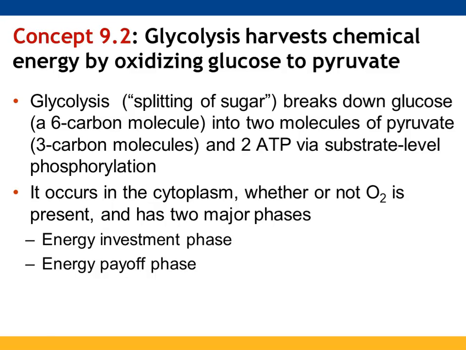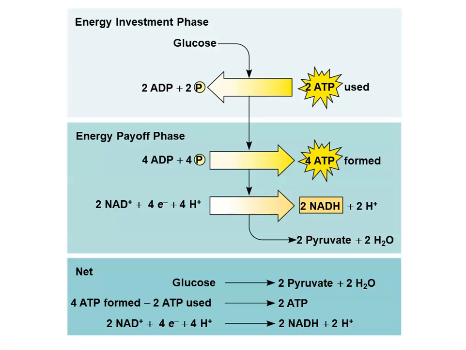Again, glycolysis, splitting of sugar, is taking that 6-carbon molecule and breaking it into two 3-carbon molecules, and it's also generating 2 ATPs. There are 2 phases to it, both an investment and a payoff. So for glycolysis to take place, 2 ATPs have to be consumed to help to break apart the glucose molecule into pyruvate. But as a result of that process, 4 ATPs get made, so there's a net increase of 2 ATPs. And 2 of the NAD plus molecules, those oxidized electron carriers, are able to pick up electrons to form their reduced form,